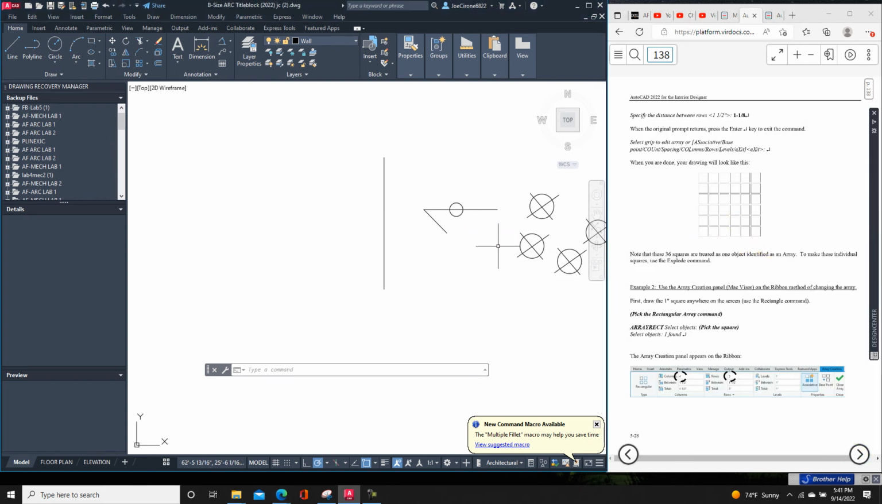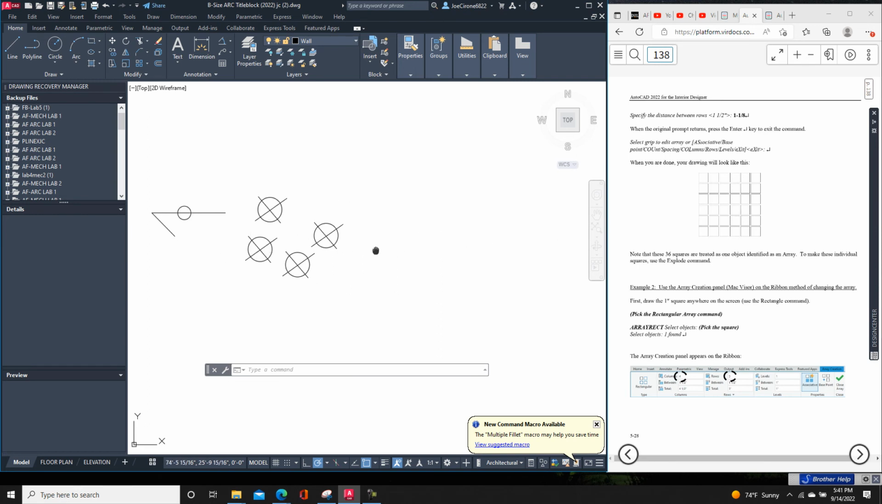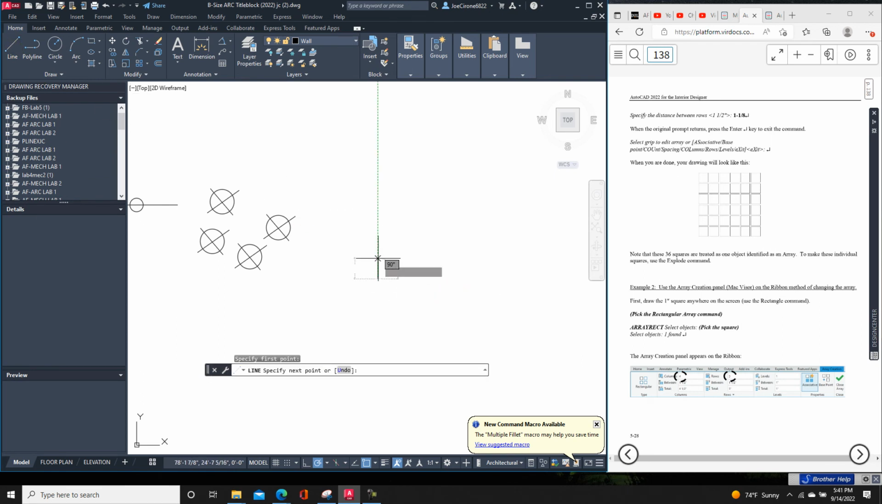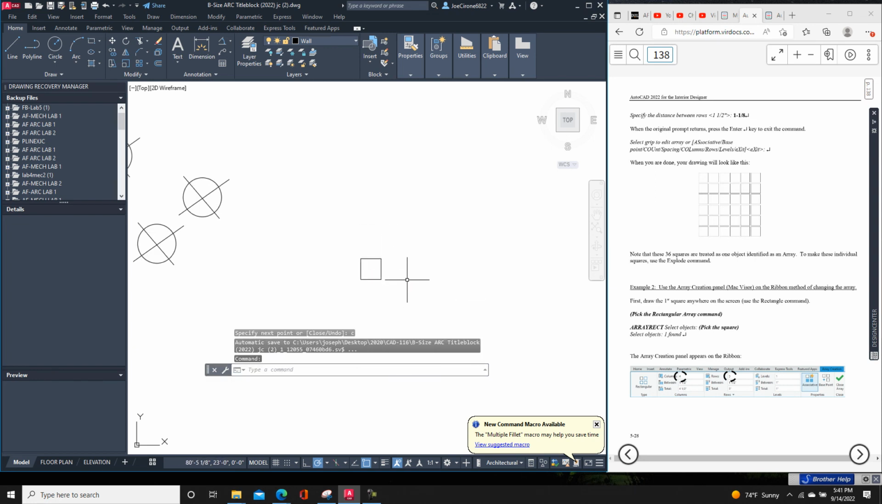Now, when you work with the array command, you want to have an idea of what size you're making things so you know how to specify the distance. So if I draw a square, let's say 1 foot by 1 foot by 1 foot, and close that, I'll just type C. That's my object to array. And then when I go to the array command,